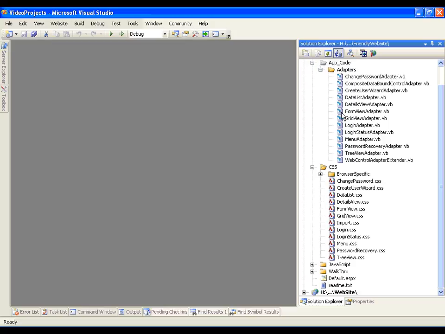We also have some JavaScript files here for some of the controls. As you can see here, the menu adapter has a JavaScript file. So in the case of the menu that we saw in our sample web page, there would be three pieces to that. There's the code in the VB class up here for menu adapter that actually overrides and implements the rendering process of the HTML elements that we saw. In this case, it's changed it from a table to an unordered list. We then have the corresponding menu cascading style sheet here,